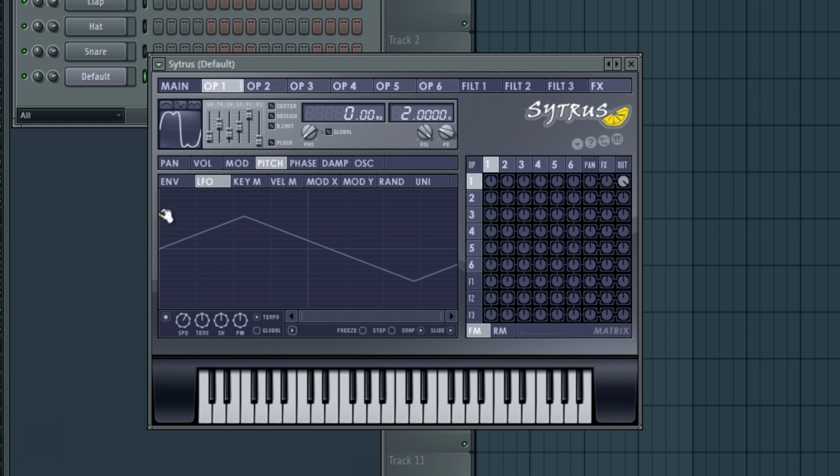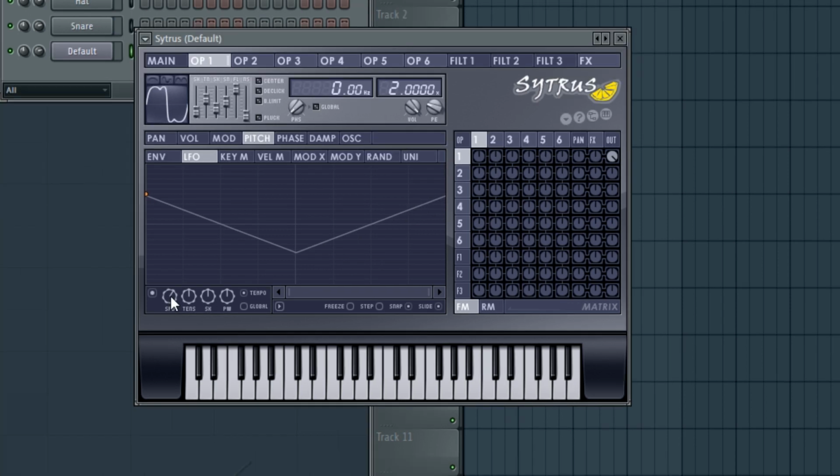Okay, so first things first, let's move this to the left. So the LFO actually starts from the top and ends at the top. And what does it sound like right now? Sounds super weird, right? So we're gonna speed it up a little bit more. Still sounds weird, but we're gonna